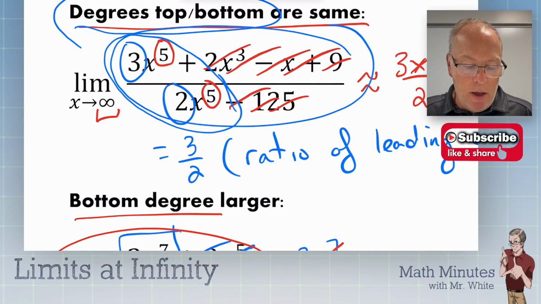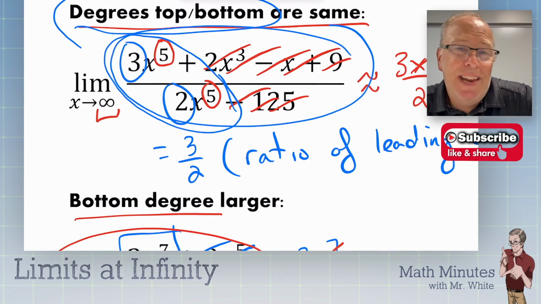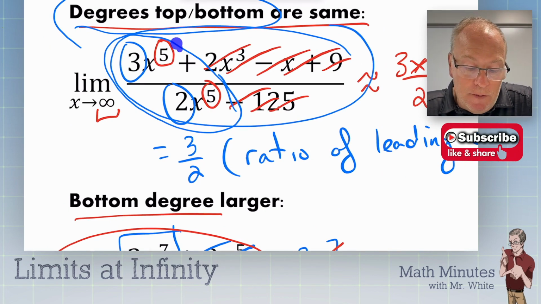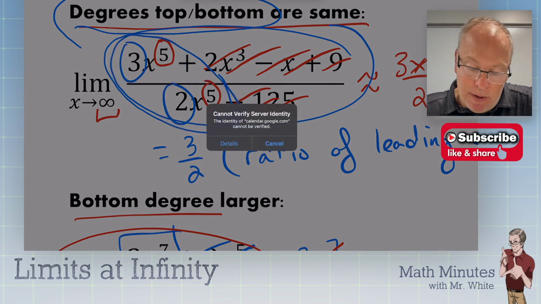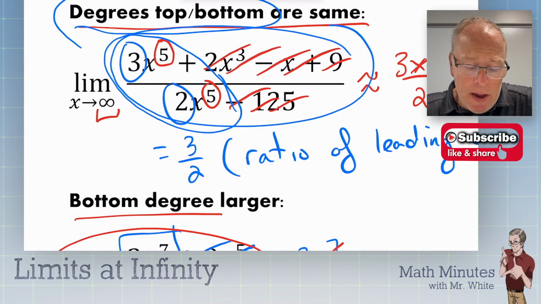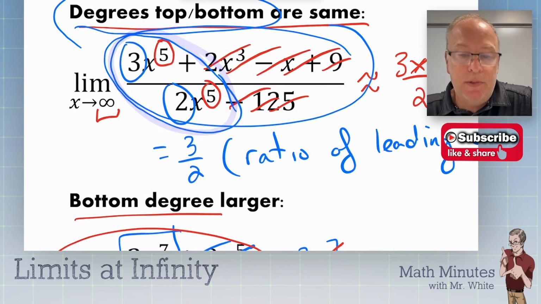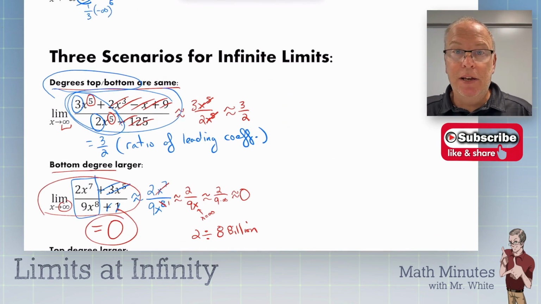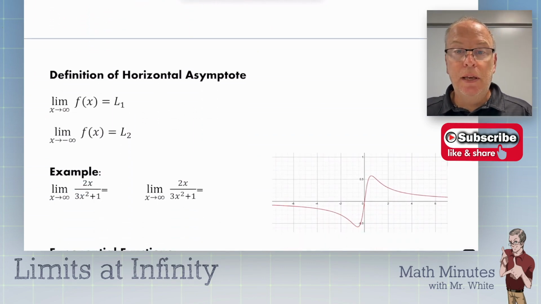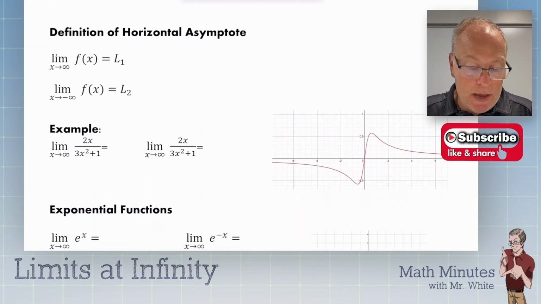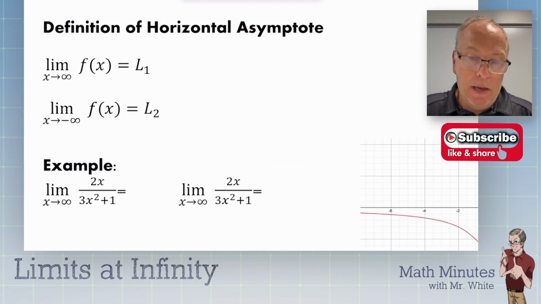The only tricky one is when they're the same. But then it's not so tricky. You find the 2 terms with the biggest exponents, oops, sorry about that. Find the 2 terms with the biggest exponents and you create a fraction with those coefficients. You see how easy that is. Plenty to go through here, so don't tune me out just yet. This is really important. And I picked this example specifically because students would always argue with me in pre-cal about